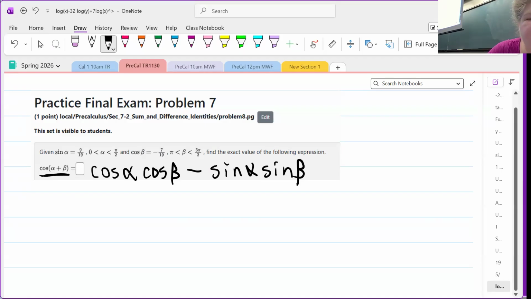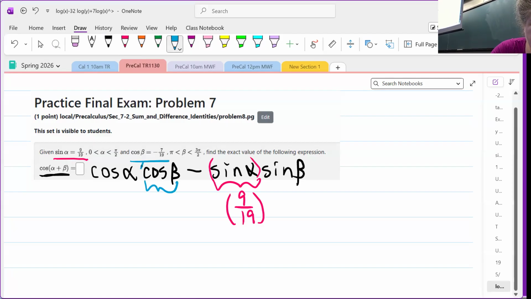In order to solve this, I know the sine of alpha is 9 over 19. So right here, I can fill in 9 over 19 in place of sine alpha. And then I also know cosine beta is negative 7/19, so I can write negative 7/19 in place of cosine beta. But I still need to know what sine of beta is, and what cosine of alpha is. To figure out those other two missing pieces, I'm going to have to construct the triangle